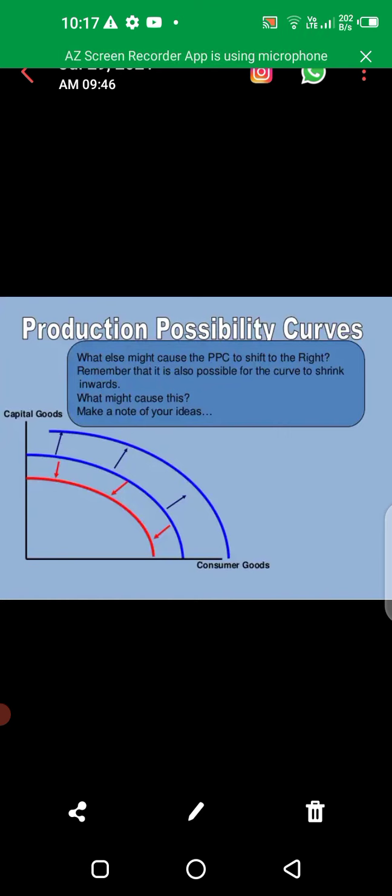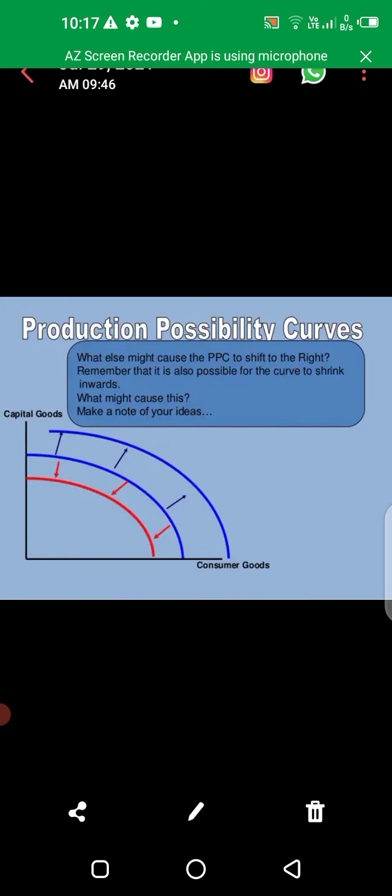This is the diagram where the production possibility curve goes on decreasing, shifting from right to leftward, and the capacity of production goes on decreasing. There can be several reasons behind this: the prices of the product may change, technology may change, and we cannot compete with that particular technology, so the production possibility curve goes on decreasing. Here the curve is shifting from upward to downward.